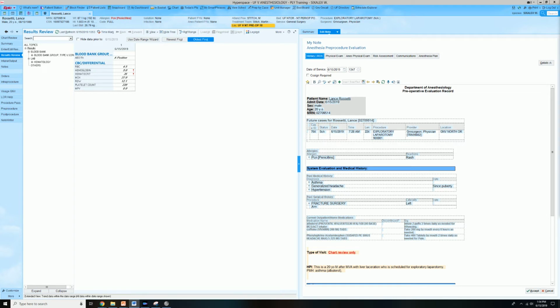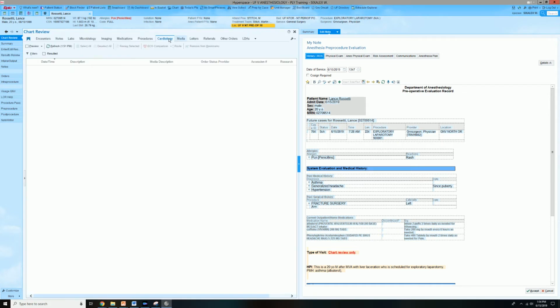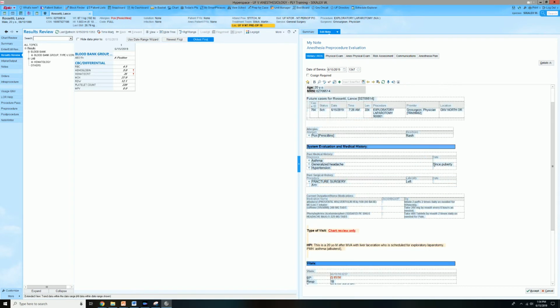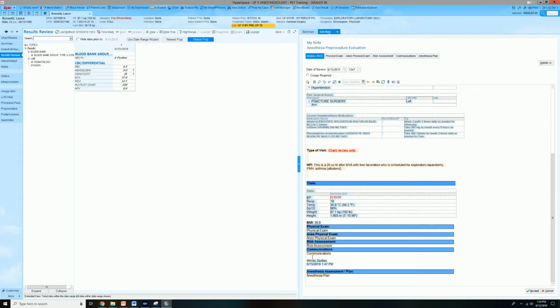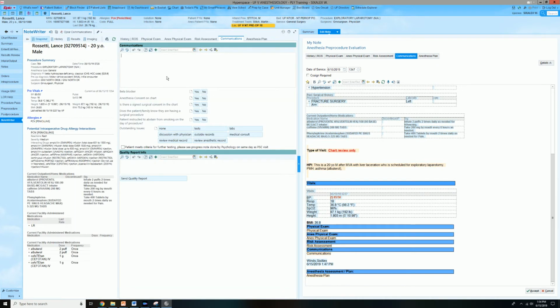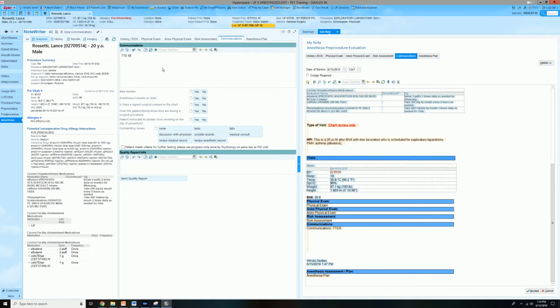Also, whenever you find the echo, like you could find the echo in results review or under chart review cardiology, either way, when you have that information for TTE, MPS, left heart cath, PFTs, things like that, make sure you include that information in your pre-op. Just for the sake of putting that information in, you want to put it under the communications tab, so you can either click on the communications tab, type in that information like TTE, let's say it was done today,